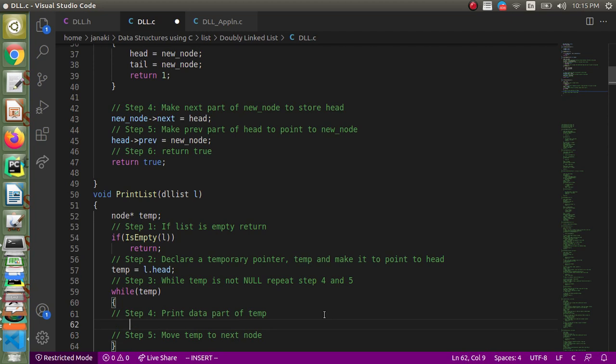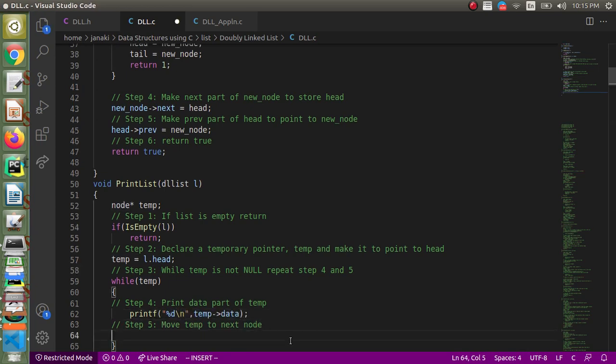It means that while temp is not equal to null, we have to print the data part, temp data. We have to print this, right? Printf, and it is an integer here, so %d comma temp data, right? And let us leave some space or give a new line character, and then move to the next node.